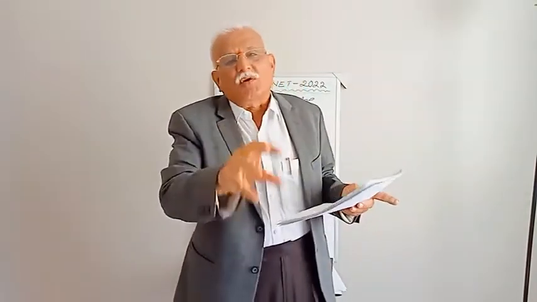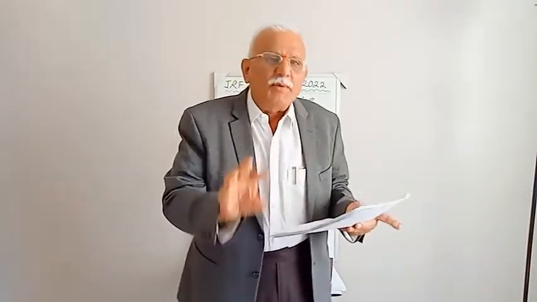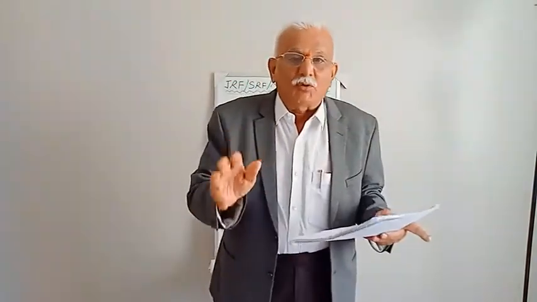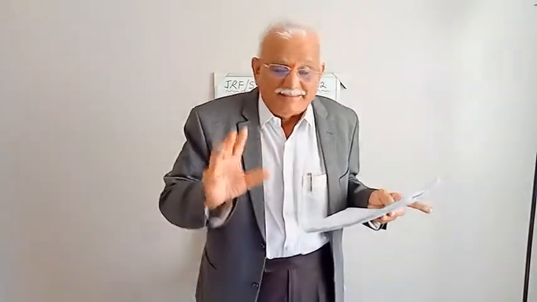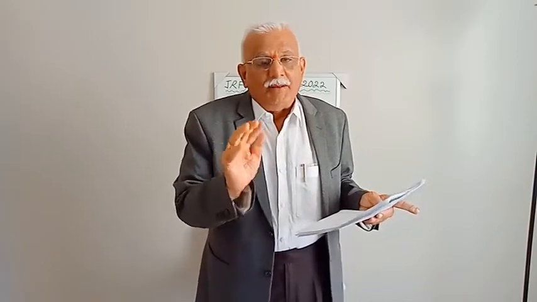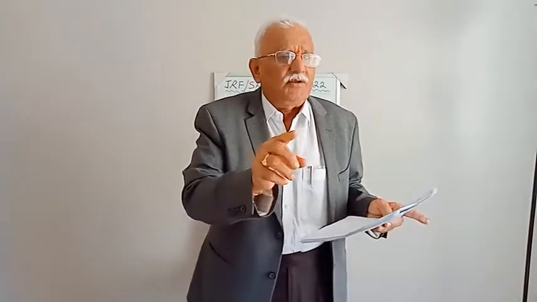Now, pulses, assertion statement I will give. Pulses, when included in intercropping with the cereals, act as complementary crops. Along with cereals, when pulses are added, pulses act as complementary crops. Now, reason: pulses with the taproot system do not compete for nutrients and moisture with the cereals having fibrous root system. It's an excellent statement. When pulses are added to the cereal crop, they are complementary crops. That is correct.